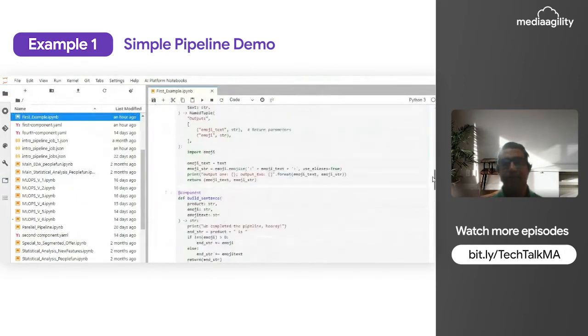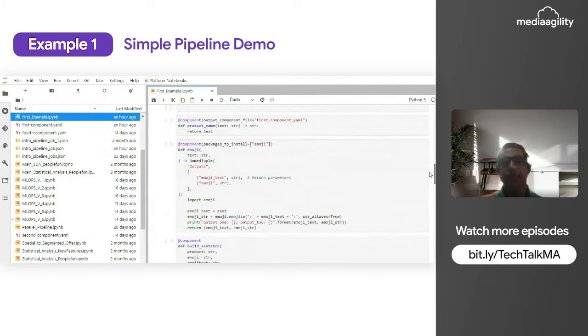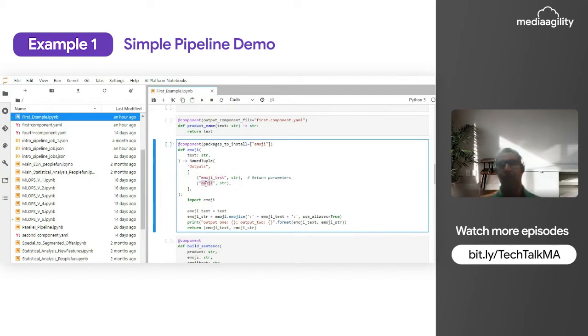As we can see, this is the first component that has been created, product name, which takes a string as input and returns the same without any processing. And now there is an emoji component. This is a custom component created by us, which takes a string as an input and provides two outputs, the emoji text and the emoji, the symbol that is being generated.